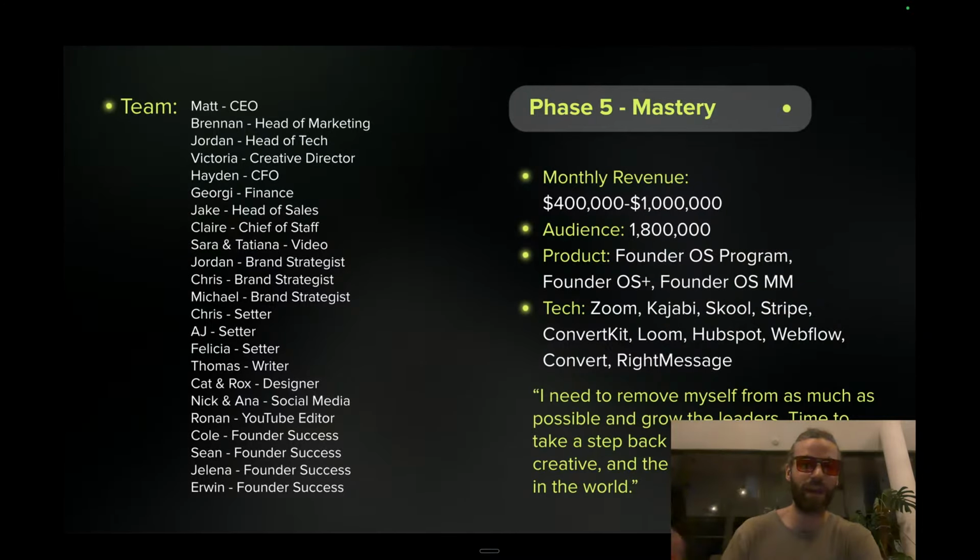Now, this is the phase we're at right now. Phase 5 is mastery, scaling beyond $1 million a month. This is just my own experience, not saying this is any guarantee of what you're going to go through, because as you can see here, this has been years and years and years of hard work. But that said,